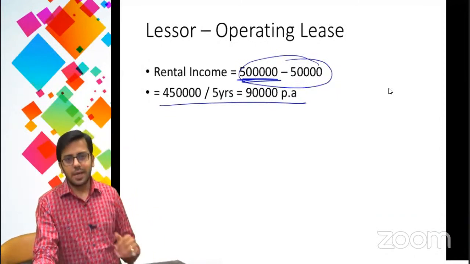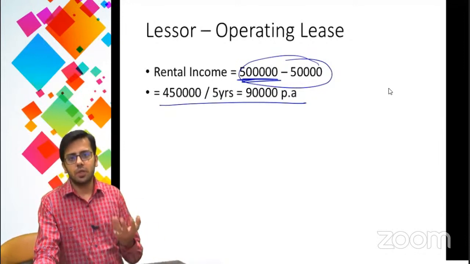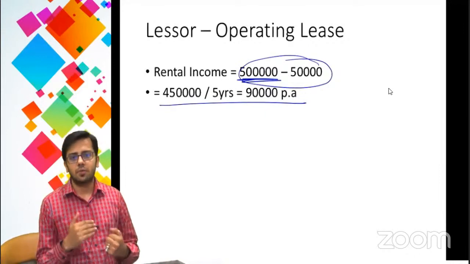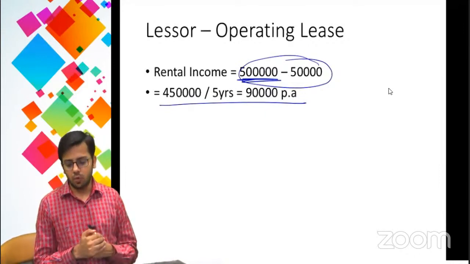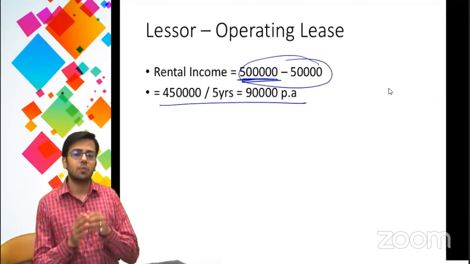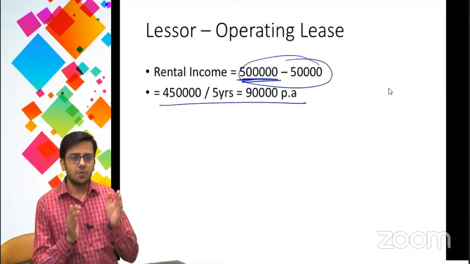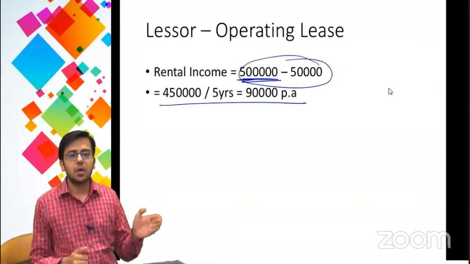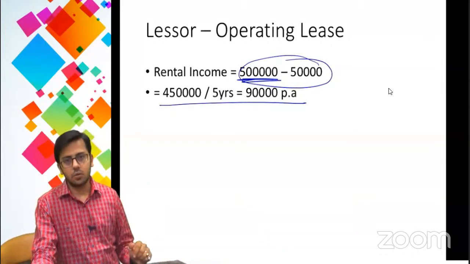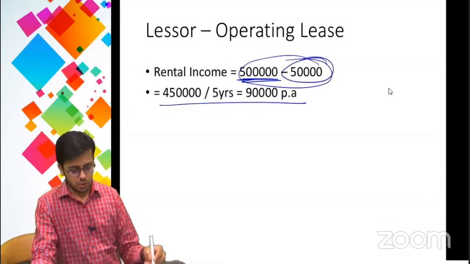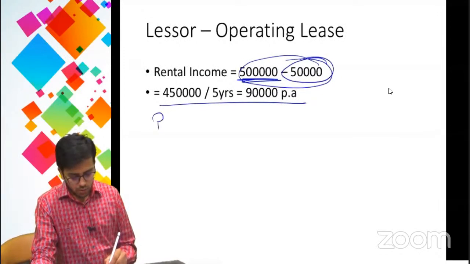So now the rental income that will be shown: 50,000 is the transaction cost incurred, an outflow, and what he is going to get is 5 lakh rupees over the next 5 years, an inflow. 5 lakh minus 50,000, 4 lakh 50,000, is considered to be income for the next 5 years. This 4 lakh 50,000 is straight lined. That means we are going to recognize income of 90,000 every year. Now remember, initially you have incurred 50,000 as cost. So what you will do is you will consider it as